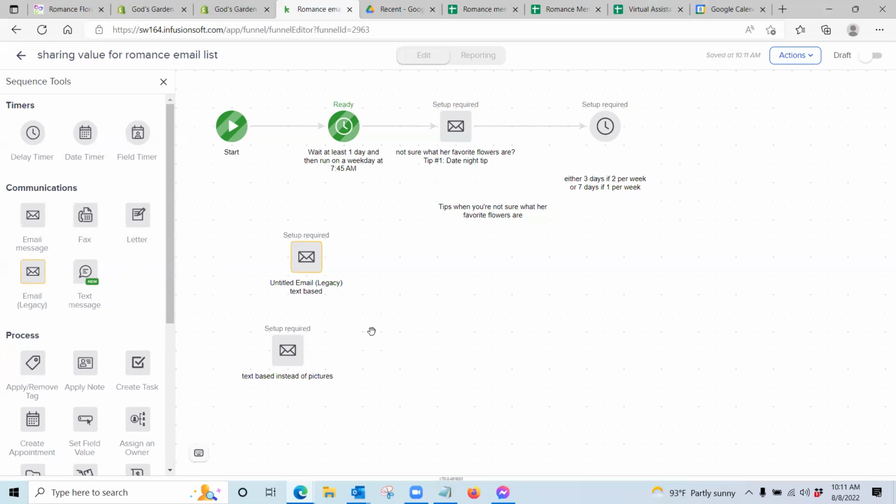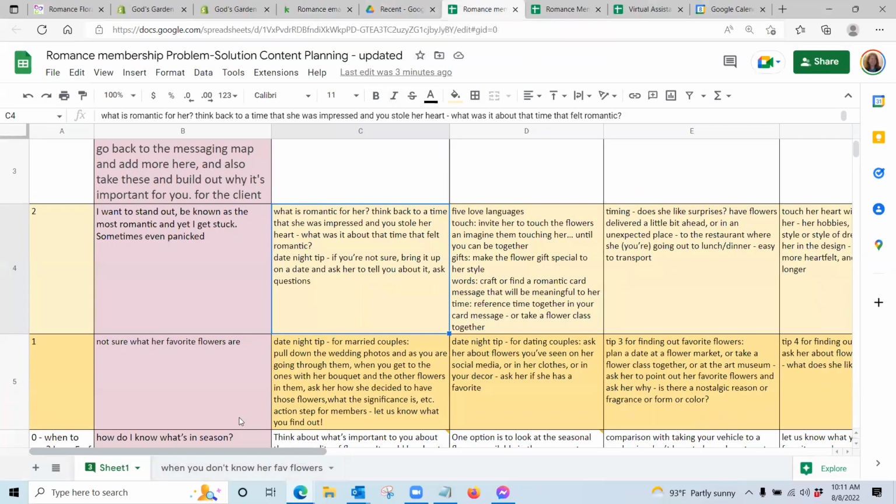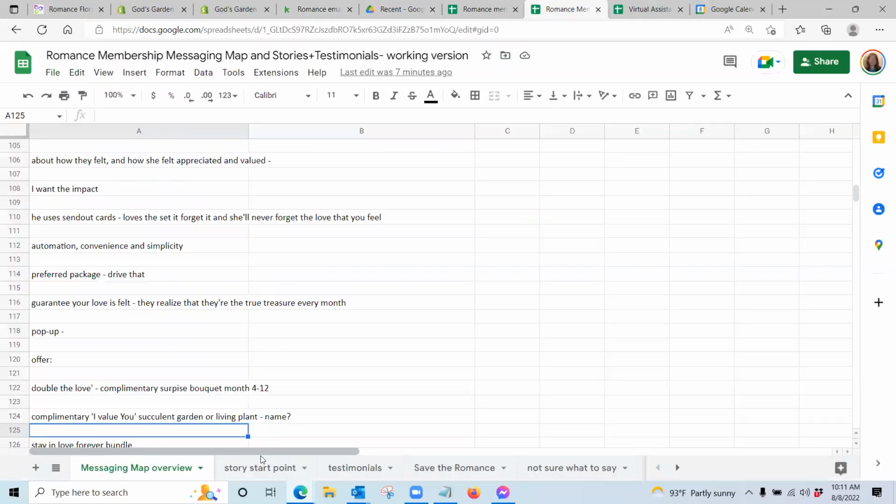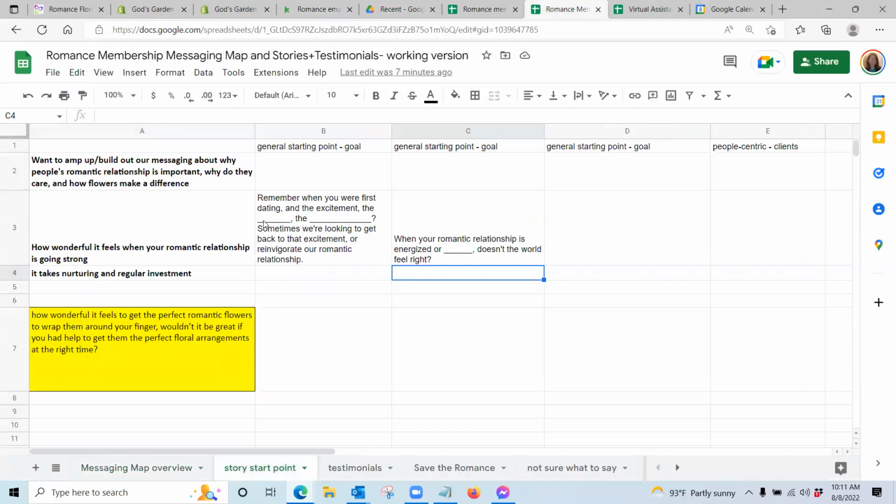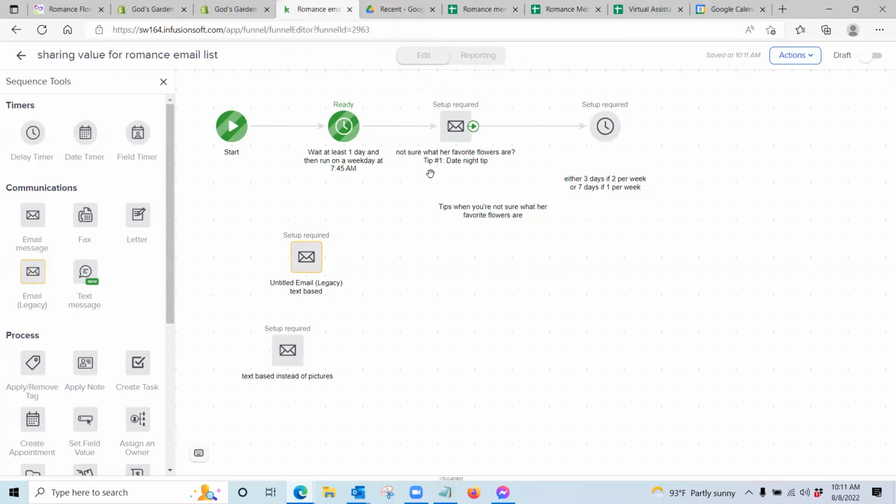So maybe the first step would be looking back at that, doing some writing here, and then deciding first before creating a pretty template. Maybe we just focus on this one as text-based, and maybe we try both this and this as an experiment to see, does one of these get opened more than another? Of course, it will be a different content, so we might want to make a similar